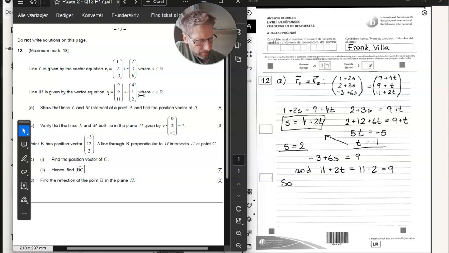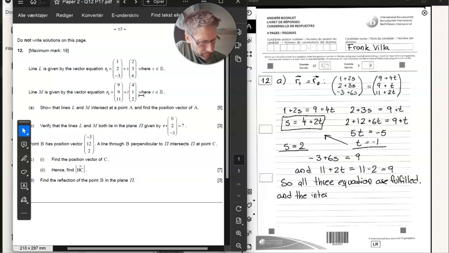So all 3 equations are fulfilled, meaning we get an intersection point, and the intersection point,